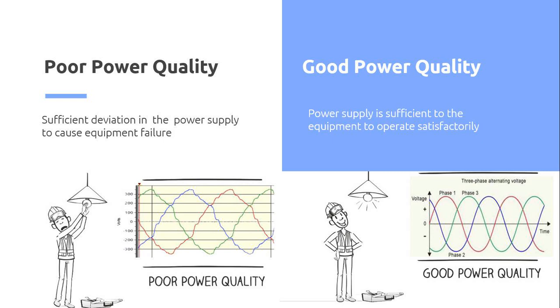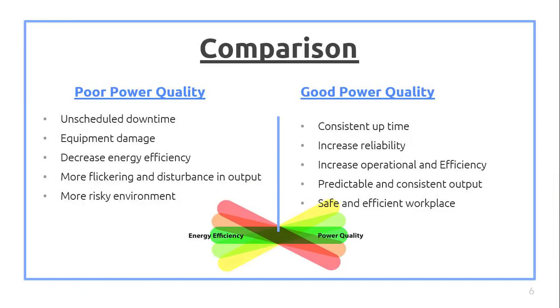Poor power quality is a sufficient deviation in the power supply to cause your equipment failure. Good power quality is when the power supply is sufficient for the equipment to operate satisfactorily. The waveform is like this when your quality of power is good. When your quality of power is not good, then your waveform appears like this. Poor power quality